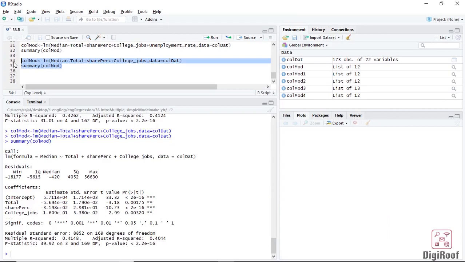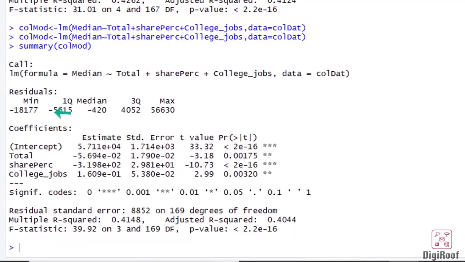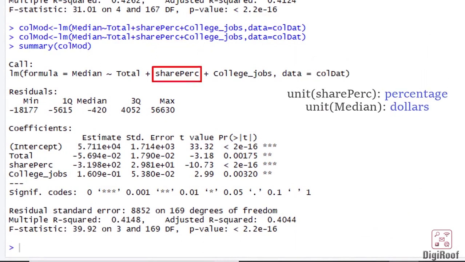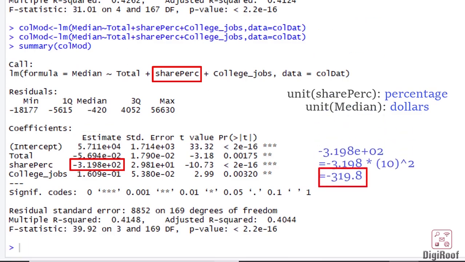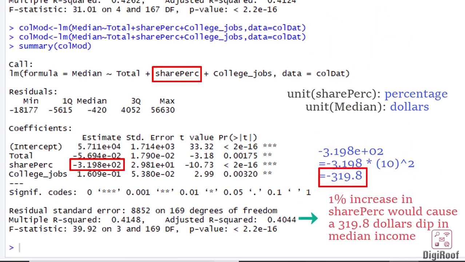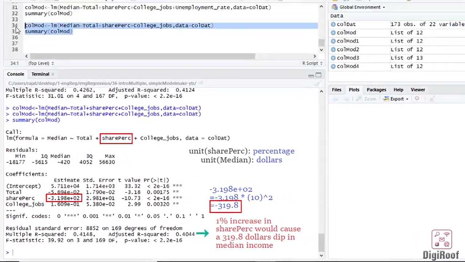Now let's examine the second slope value corresponding to the predictor variable shear percent. The unit for shear percentage, that is percentage of females in a field, is percentage, and the slope value we have is minus 3.198 e plus 02. This slope value can be rewritten as minus 319.8. So we can say that a 1 unit increase, that is a 1% increase in the percentage of females in a field, would bring down the median income by